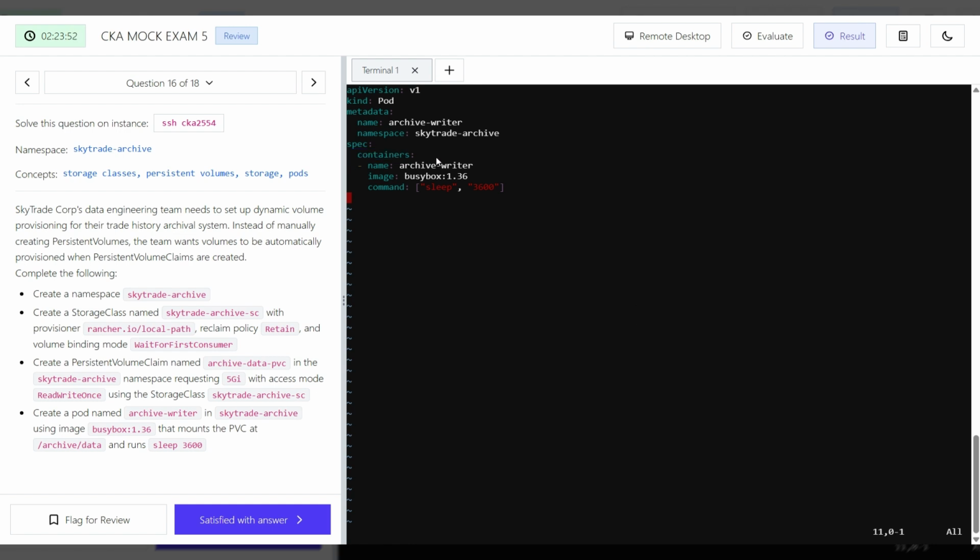Here we can change. For example, my pod could have two containers, and I can use archive as the first container and writer as the second container. Okay, and it uses the image busybox with this tag, and it will run this command sleep, and we can